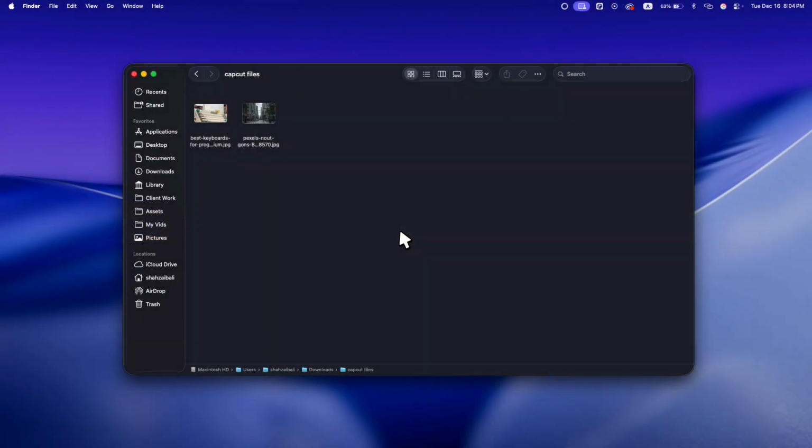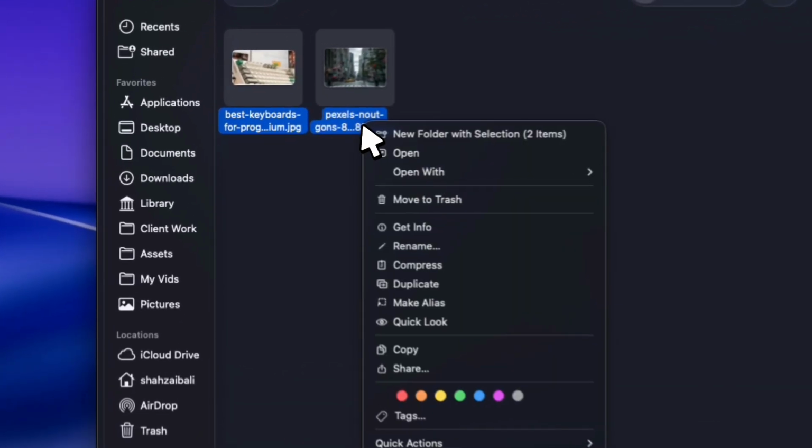I'm on my MacBook right now, and the first thing you need to do is open the Photos app or locate the folder where your photos and videos are stored. In my case, I have a few photos. To transfer them without using any cables or complicated software, simply select the photos and videos you want to send,